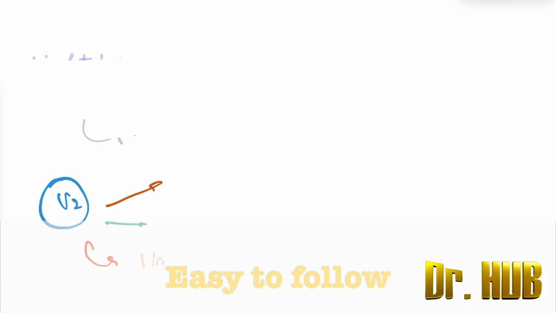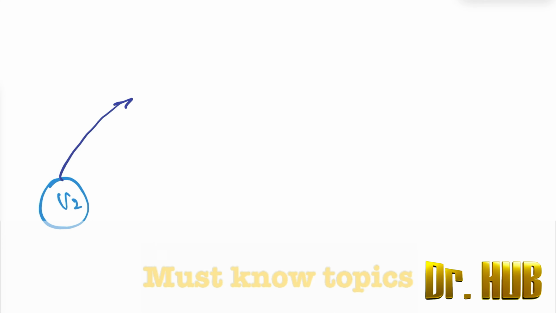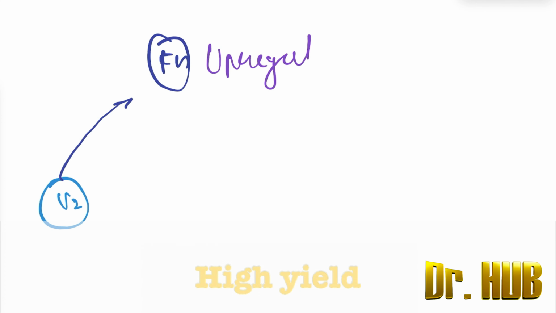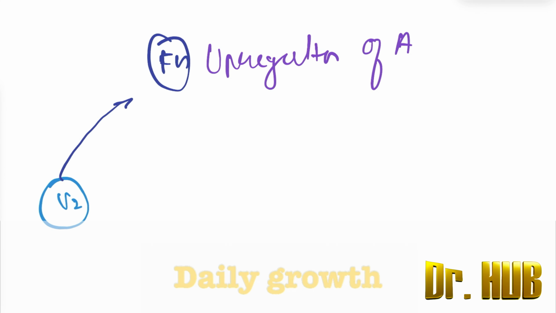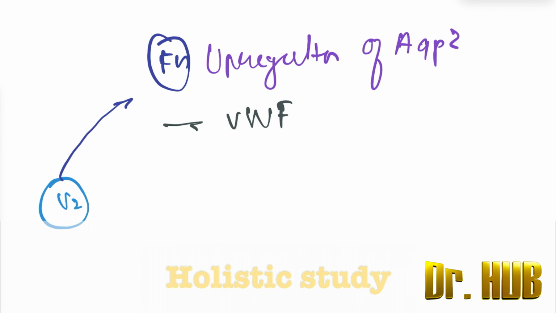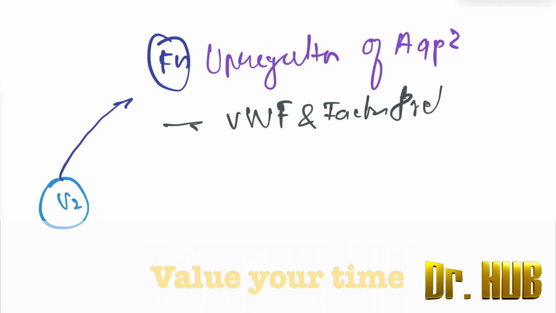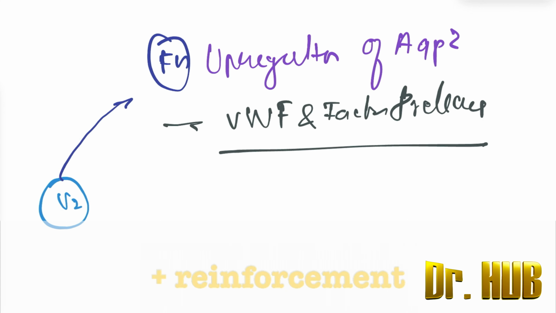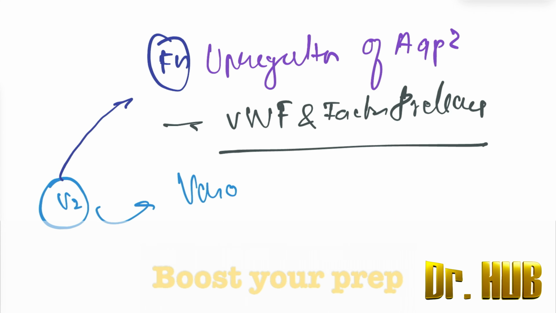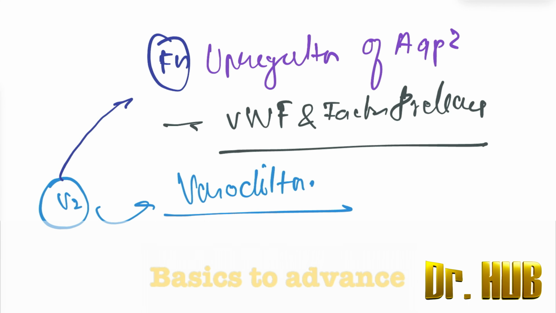Now we'll be looking at the function of the V2. The function here is that it is involved in the upregulation of AQP2, and it is also involved in the release of VWF, that is the von Willebrand factor, as well as factor 8. And the V2 is also involved in vasodilation. So this was about the types of vasopressin receptors and their functions, and here we saw the receptors,